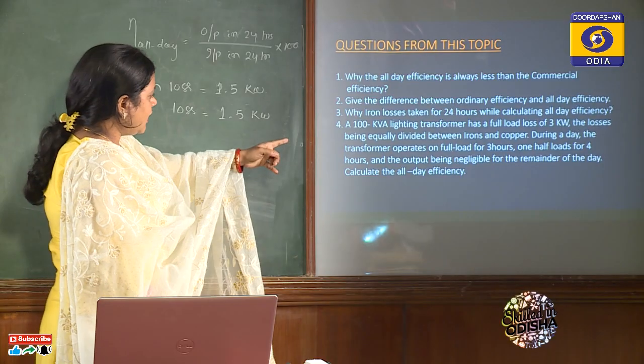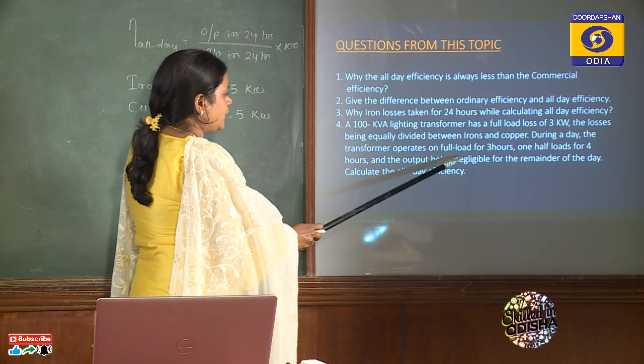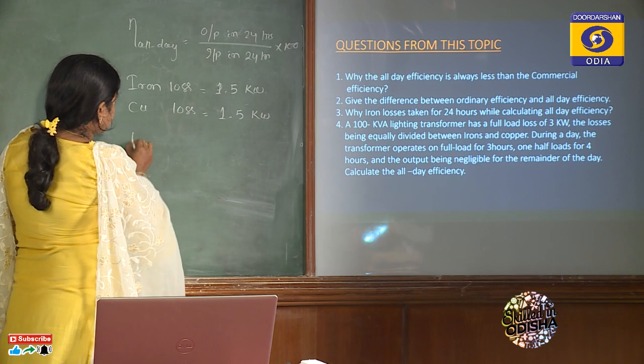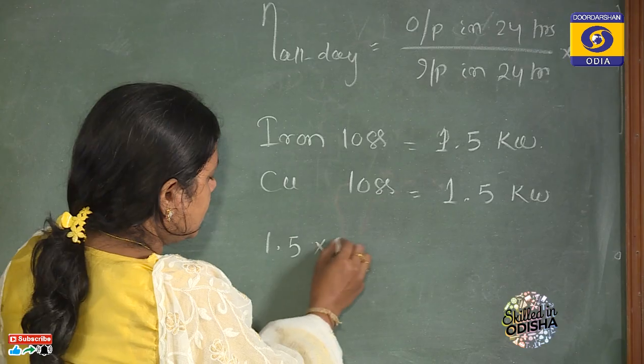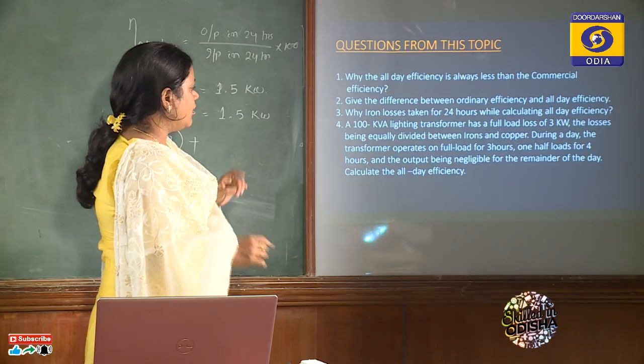During a day the transformer operates on full load for 3 hours, so copper loss for 3 hours is 1.5 into 3, plus again